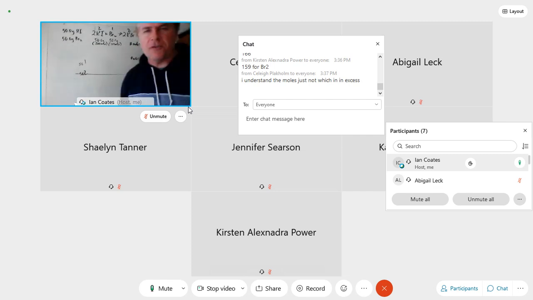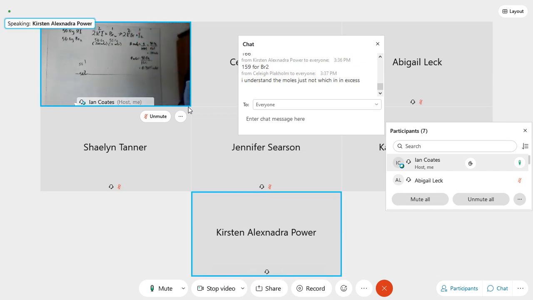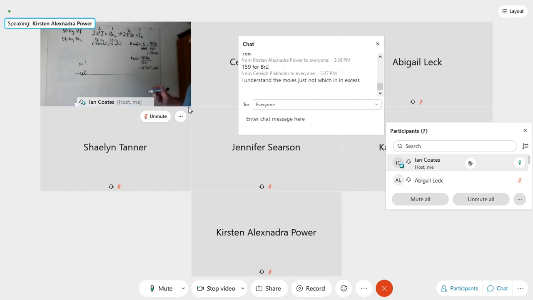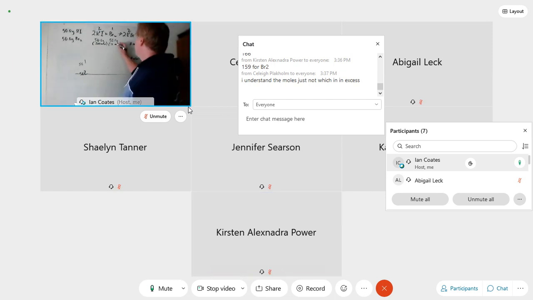Is everything all right there? Did you get the same number? 50 divided by, my number's changed here. Instead of 160, I got 159. Perfect. It's all good. I'm just going quick. Sounds good. So somewhere in here, numbers don't have to be exact because your periodic table will be